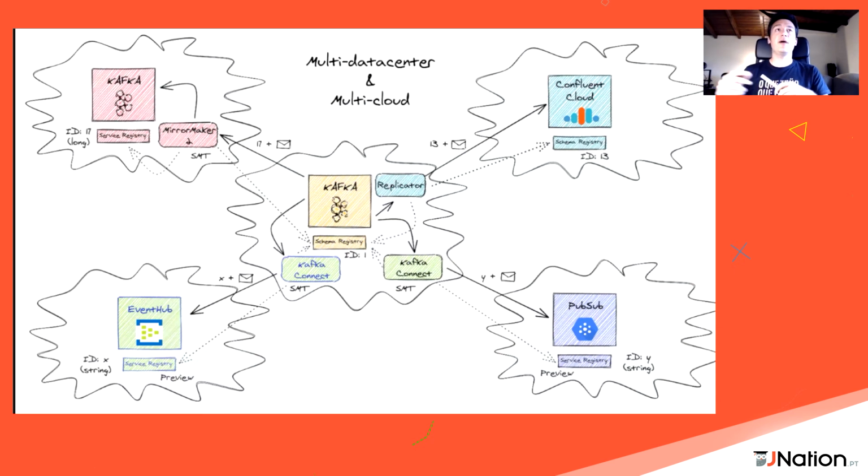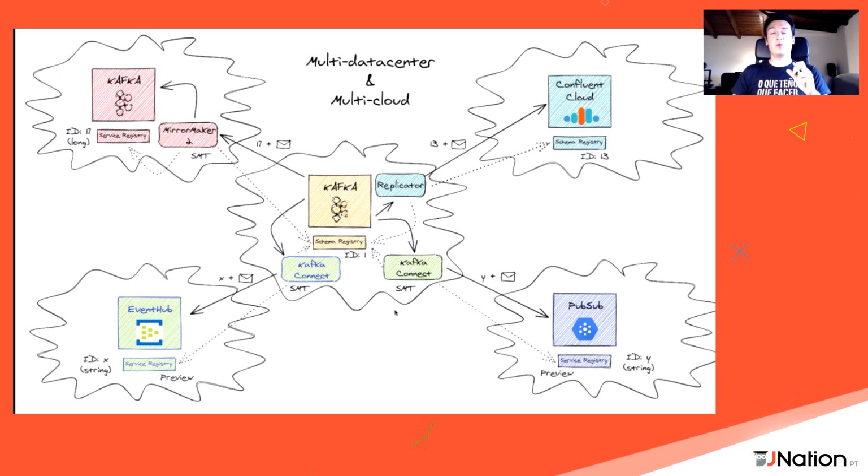With an event mesh, we have exactly the same thing. We have Kafka in the middle. And now we are sending the data to different places, things like Confluent Cloud, which is based on Kafka, things like Event Hub or PubSub.